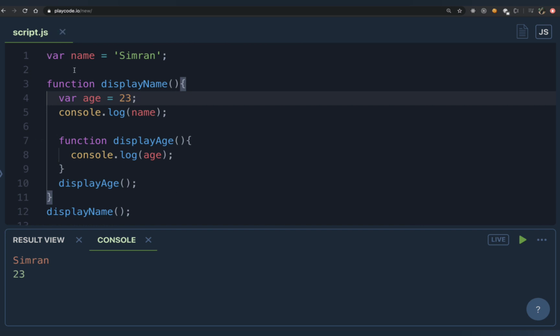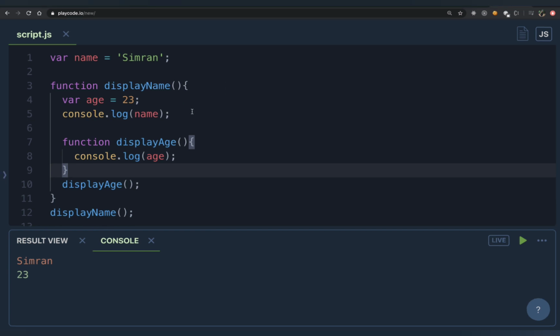It is nothing. It is actually null. Now this process of looking at your own local memory, and if you do not find that variable in your own local memory, you check your lexical parent and again check the local memory of your lexical parent, and you keep doing this until you find that variable, is nothing but the scope chain, right?